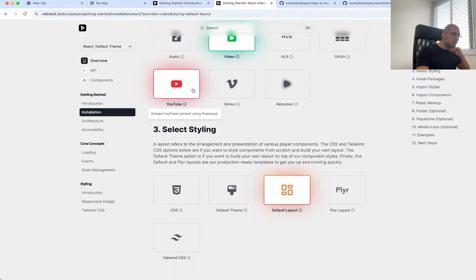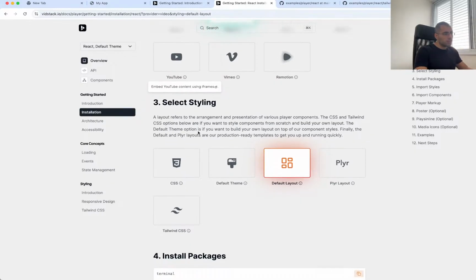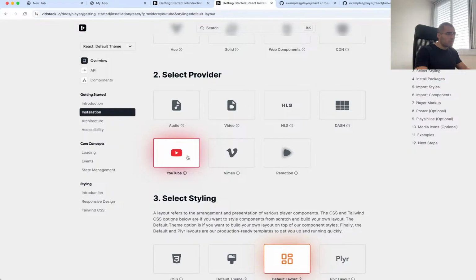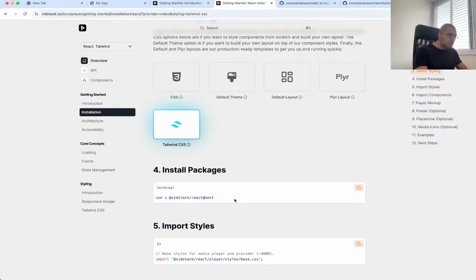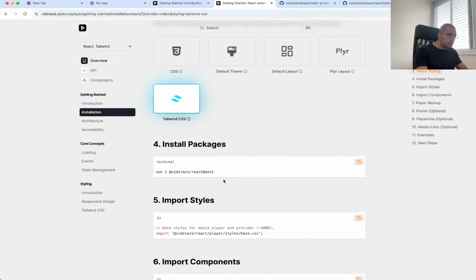Yeah, maybe I will start with YouTube and then I will define, so it will allow me to avoid, can I define both? No. But this one will allow me to avoid creating and uploading the video before I start. So maybe I will start with this one with a single video. A layout refers to arrangement presentation. Yeah, let's use the default layout. Can I use Tailwind CSS? Yeah, Tailwind CSS is better. And okay,